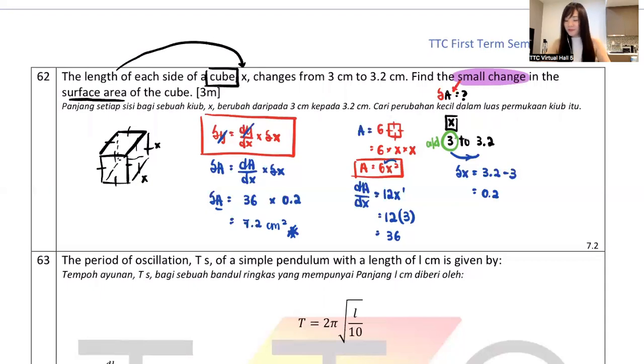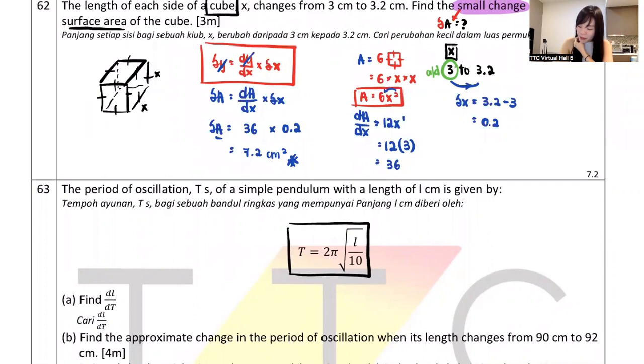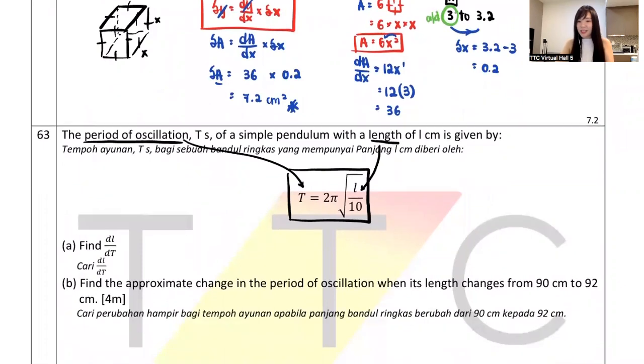I move on. Slightly down, okay? Question 63. They say, the period of oscillations T of a simple pendulum with a length L is given by this. So guys, they give me an equation. Remember, the T is the period of oscillations. The L is the length. Everything they say, I just mentioned it, okay? So next they say,